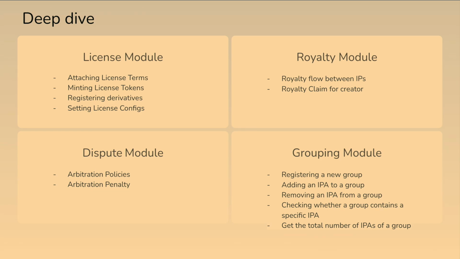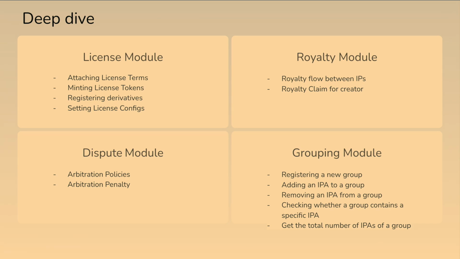And then we have the dispute module. Currently for dispute, we work with UMA. UMA takes care of the arbitration policies, where we, at the protocol layer level, just label the assets. After labeling the assets, when the IP creator raises a claim, the assets will no longer be mintable or attached to any parents, or even make any further interaction with the protocol.